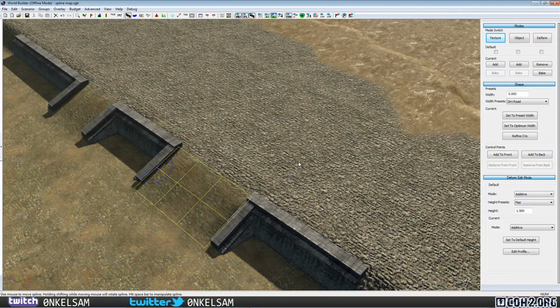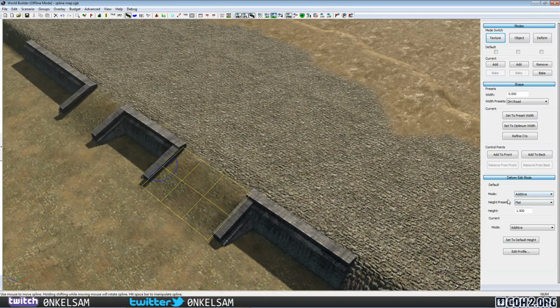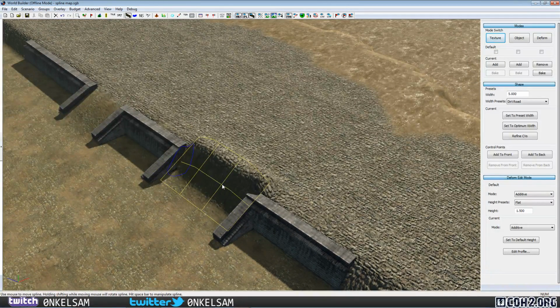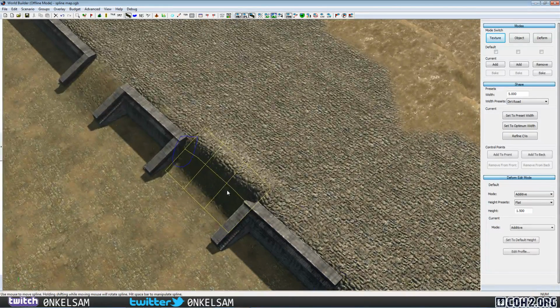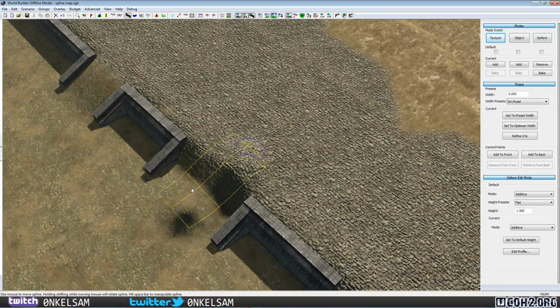And what is the min-maxitive mode? I would have to use it if I wanted to make this ramp inwards, because in this case the spline should apply a deformation only if the height of my spline is lower than the height of this upper plateau. Say right now with the additive mode it's just adding on top, so I put it here and you'll see that it's getting added. Maybe it's even more clear when I apply it sideways, make it a bit longer